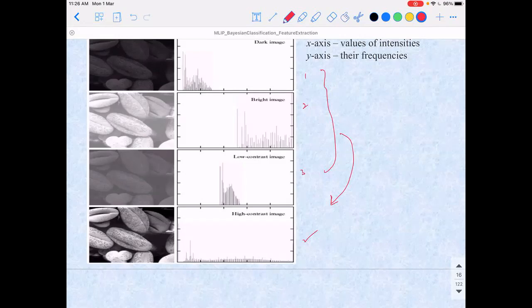This comes under pre-processing. However, this pre-processing is also very important before feature extraction, because if you directly do feature extraction here, I don't think you will be able to get better features, or extract the features accurately. So, can you suggest any method for improving the contrast of an image?